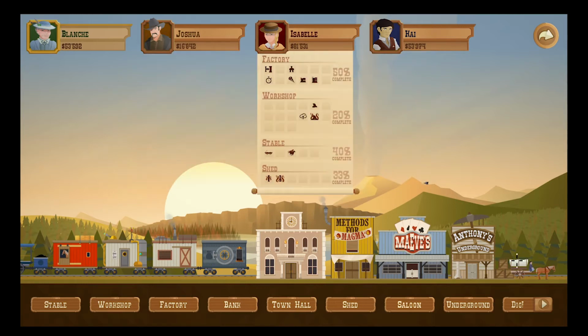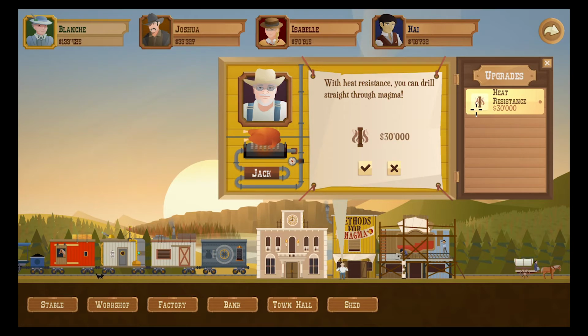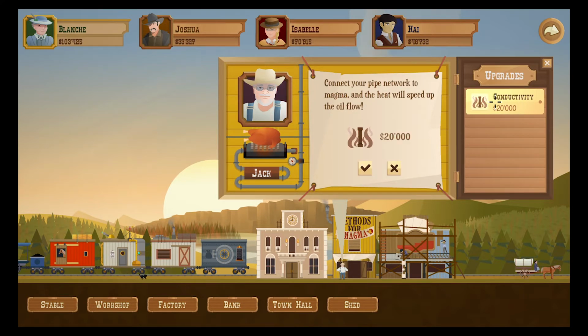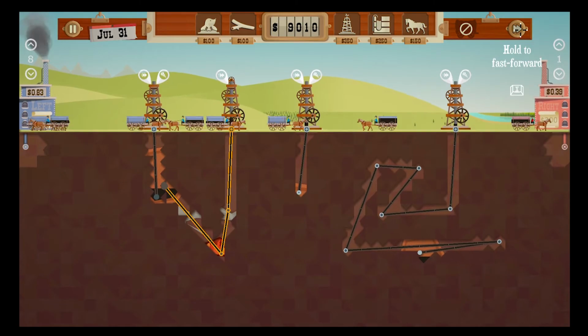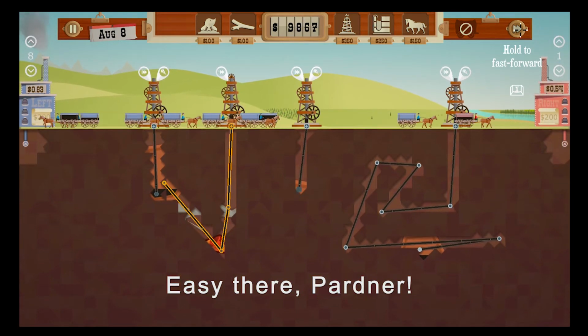Well, the big difference, as the title suggests, is the addition of magma. At first, your pipes won't be able to pierce through the molten substance, so you'll need to visit the new man in town, Jack, to make sure you're properly kitted out. But what does magma do, you ask? Well, apart from frazzing your fringe, it also speeds up the flow of oil through your pipes. No, not those pipes. I didn't mean,